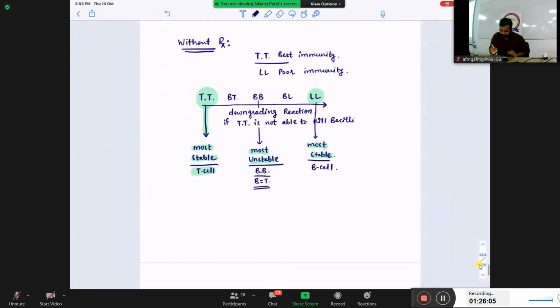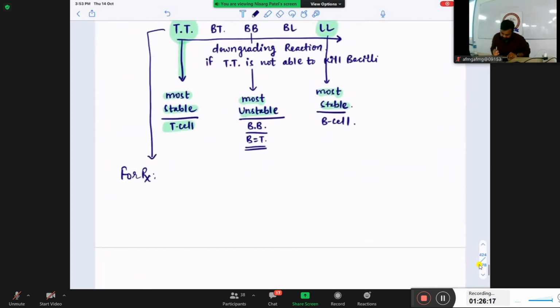Now, let's take these two patients with the treatment. Suppose a TT patient is coming to me for the treatment. I will give the treatment, and which type of hypersensitivity will increase? Type 4, right? In the TT stage, when I give rifampicin, there will be an increase in the type 4